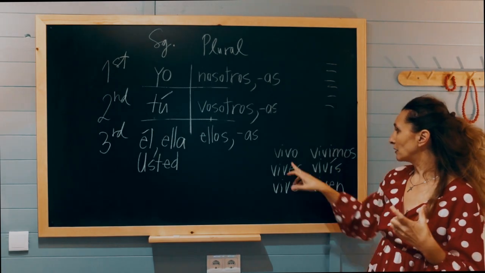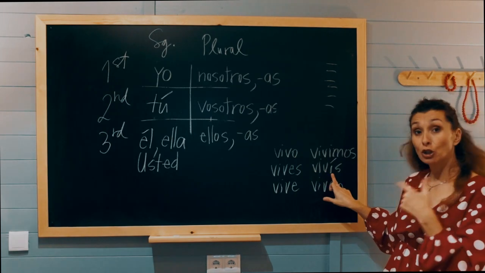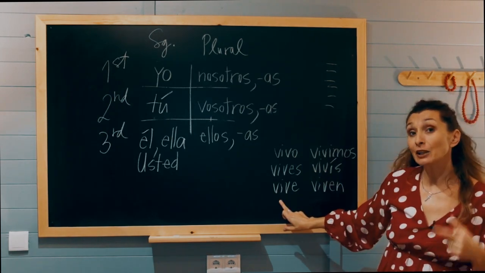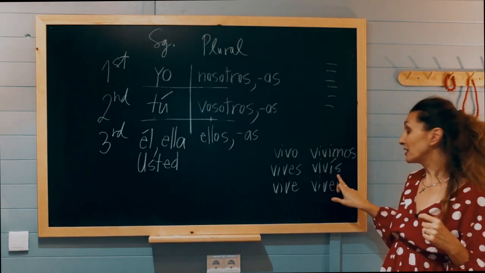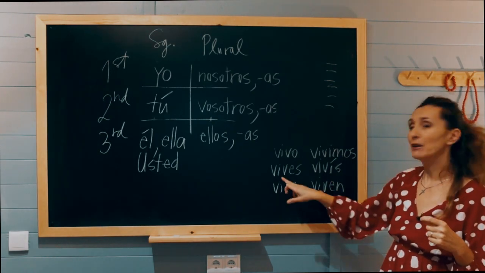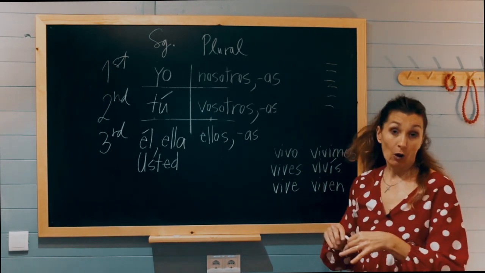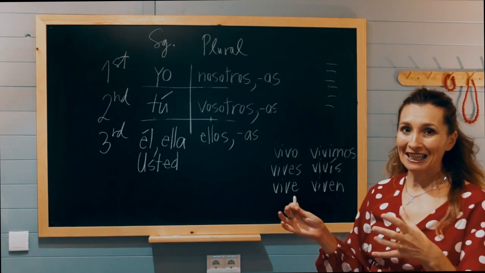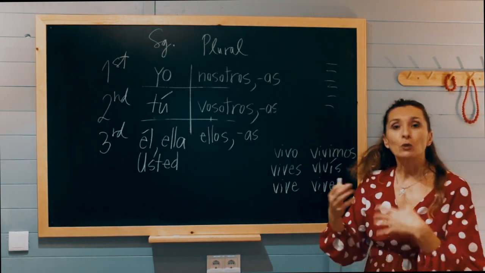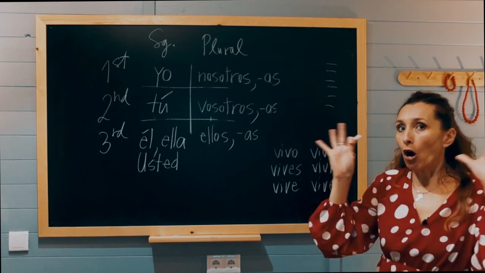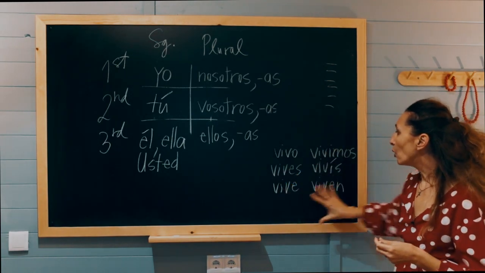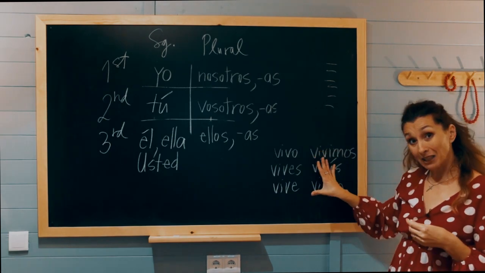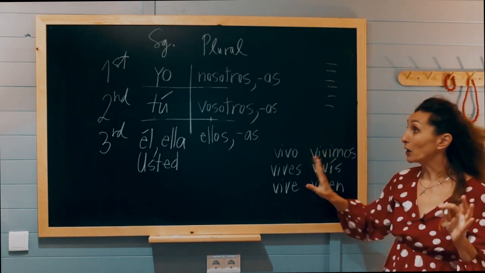You need to know that this one is I, this is you guys, this is either he or she or usted, this is us, this is you, and this is them. And obviously the first time you start using it, it will not be so obvious straight away, but the more you use it, the more you stick to the grid when you are learning either pronouns, like we've seen here,